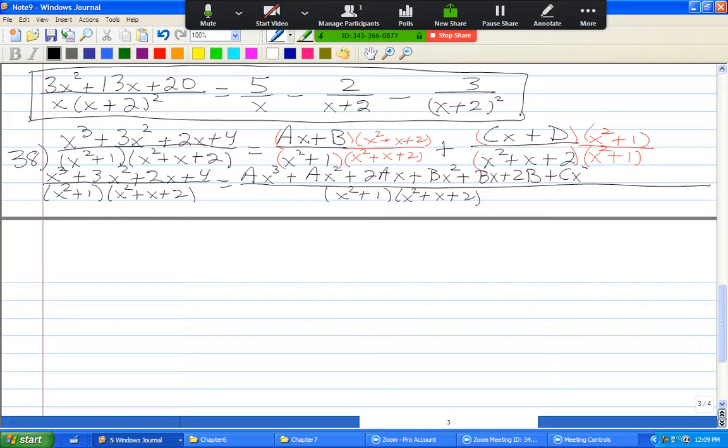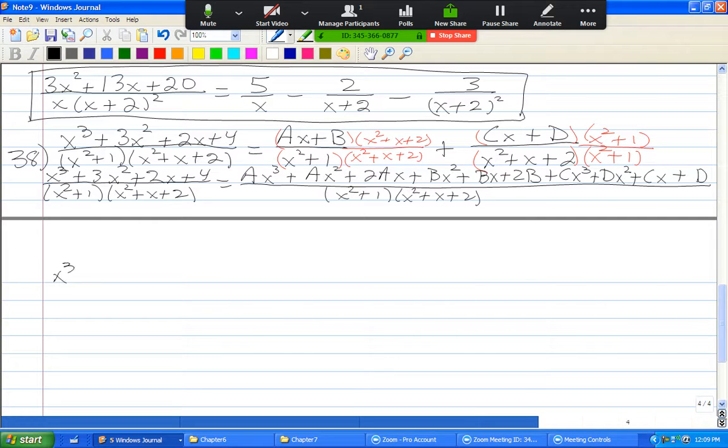Plus cx cubed plus dx squared plus cx plus d. Just made it. Okay, so I have x cubed plus 3x squared plus 2x plus 4 over x squared plus 1, x squared plus x plus 2 is equal to